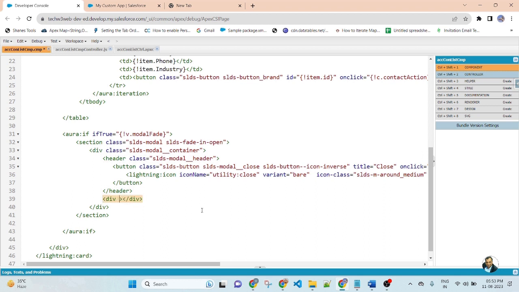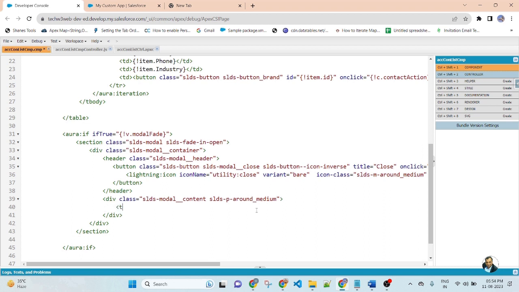Then a div, class equal to SLDS modal content, and use SLDS p-around medium to give the specific padding around the container.